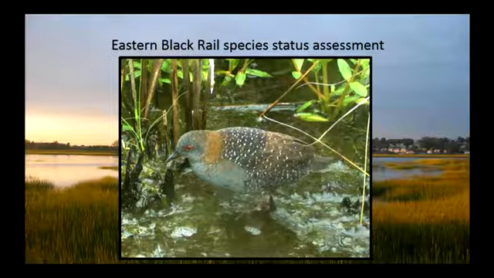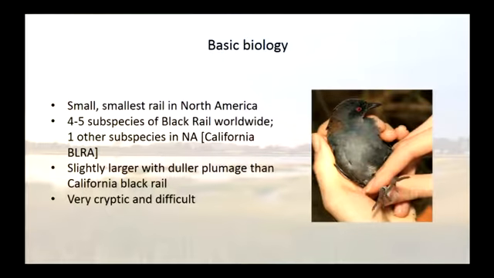We actually had to bring in data from the states, figure out how to analyze those data, and then how to build a model based on those data that we analyzed to try to predict the future. So I think it's a little bit neater of a complete story, but it's newer, so maybe I won't tell it as well. So a little bit of background: the eastern black rail is a small bird. It's the smallest rail in North America.